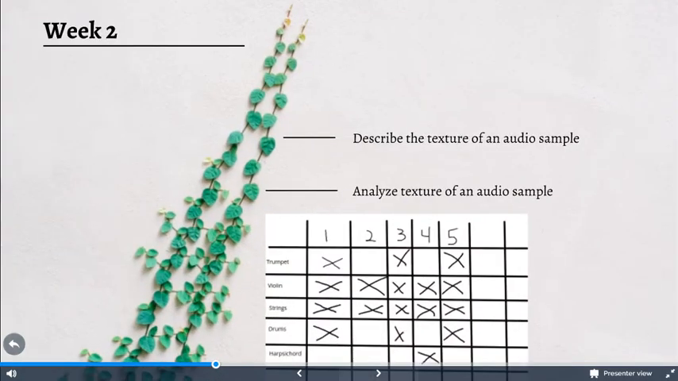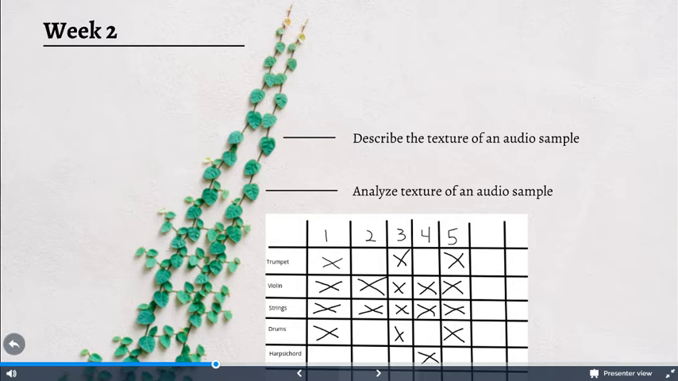So then, during week 2, we shifted gears and we began to use this vocabulary we learned to describe and analyze the texture of audio samples. At the bottom, you can see a sample texture chart we used to analyze a sample of music. The first time they listened, students would identify large changes in the music and label each section of music with a number. The second time we listened, students would then identify the instrumentation heard during the samples,